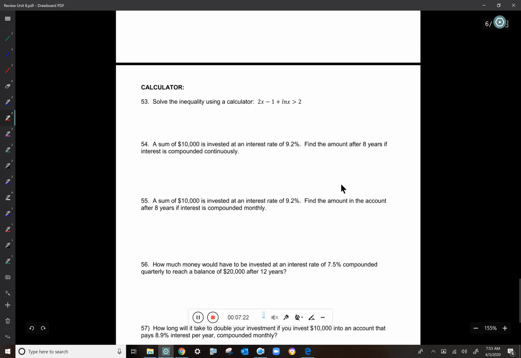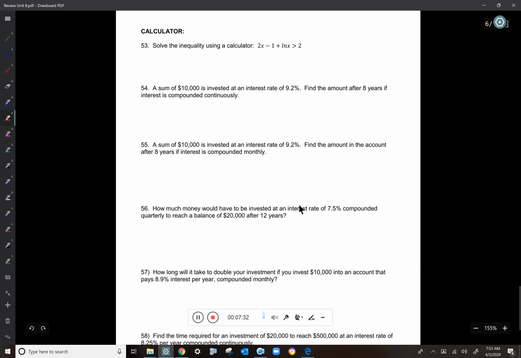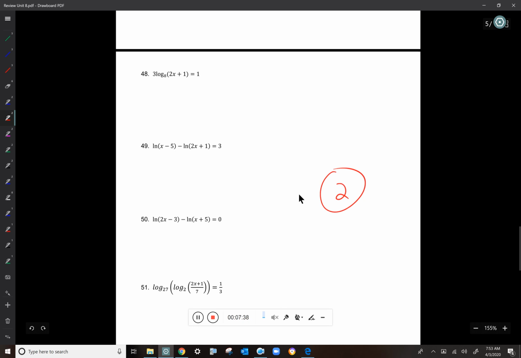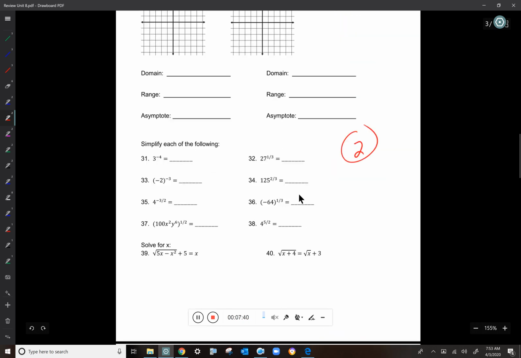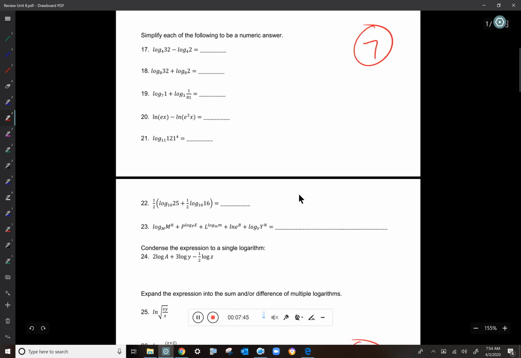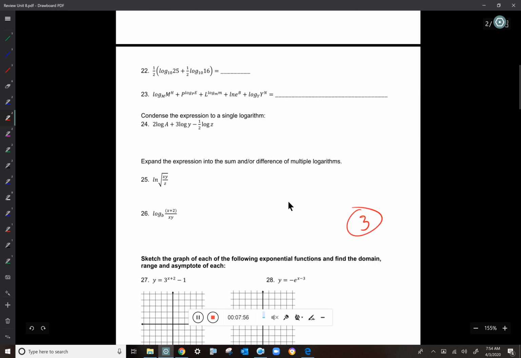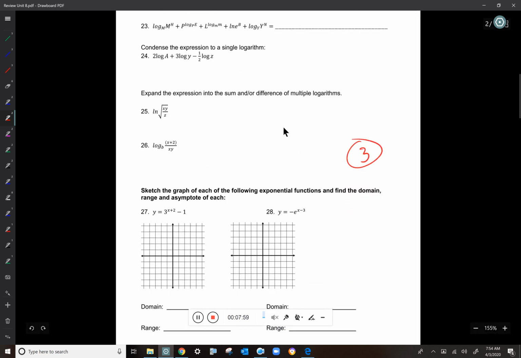And then on the last page, the calculator stuff, which is mostly that last section that we did with the interest and compounding continually or whatever, I'm thinking there'll only be 1 question, and this is the calculator one. So that's a total of 1 and 2 is 3, and 3 is 6, and 2 is 8, and 3 is 11. So that's like 11 real questions that might take you a minute or 2 to do, but then 7 questions that should take like 5 minutes. So I'm hoping that you'll think that 60 plus minutes is plenty of time to take that kind of a test.